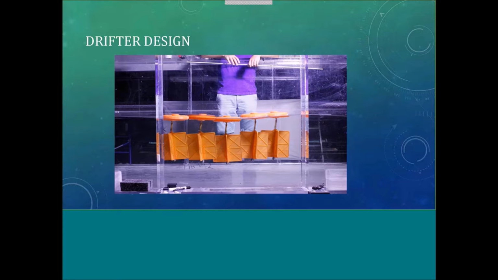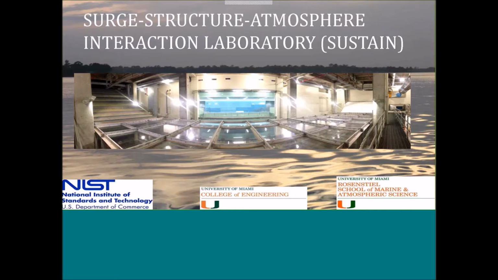Now, the cool thing about these drifters is that they're biodegradable. So we spent a lot of time in the lab trying to design a biodegradable drifter that would accurately track the upper ocean, not get pushed by the wind too much, not get dragged by the waves too much. That was a really important component of this whole project, developing this drifter. It's a corn-based plastic that will eventually biodegrade. So we thought that was important for this. If we're putting out this much stuff into the water, we've got to make it biodegradable. So that was one of the things we did. And we tested it. This is the laboratory facility I've been talking about here, the Surge Structure Atmosphere Interaction Lab.